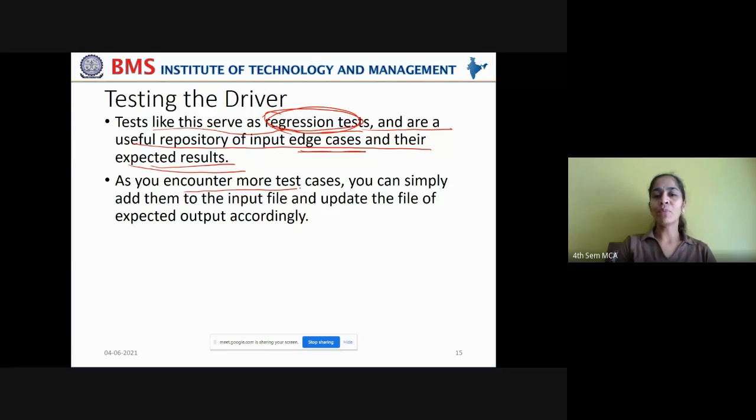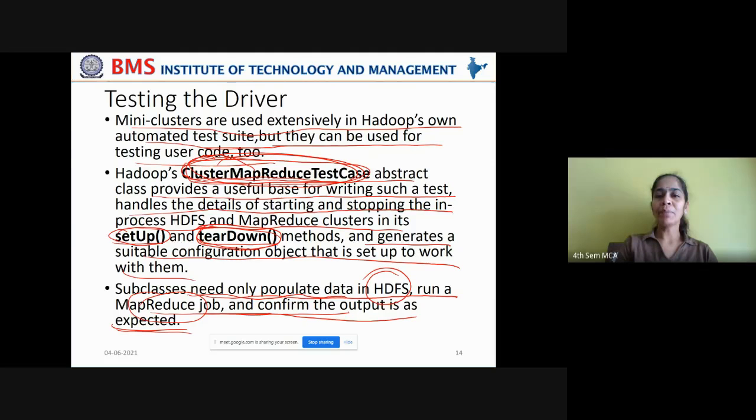As you encounter more test cases, you can simply add them to the input file and update the file of expected output accordingly. So as you go on adding more and more features, it will be easy for you to perform the regression tests by using this ClusterMapReduceTestCase class.